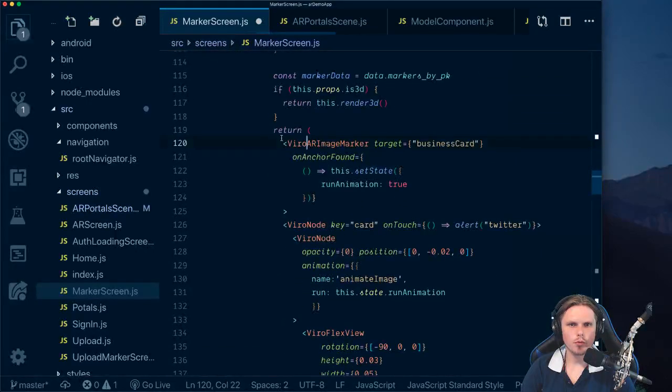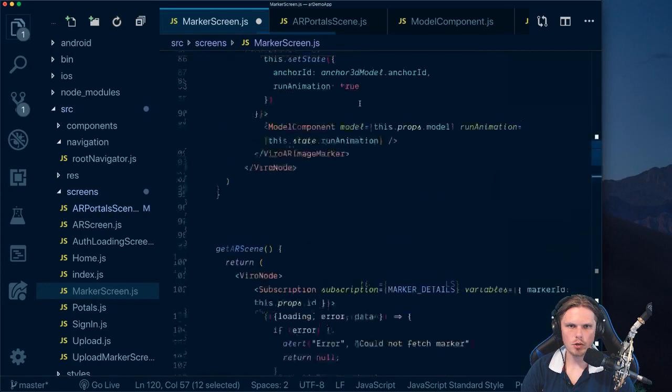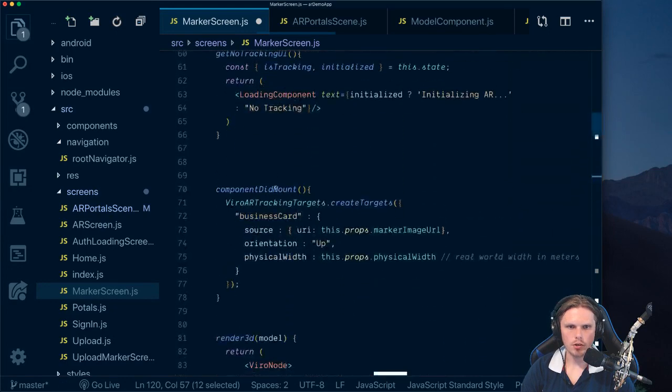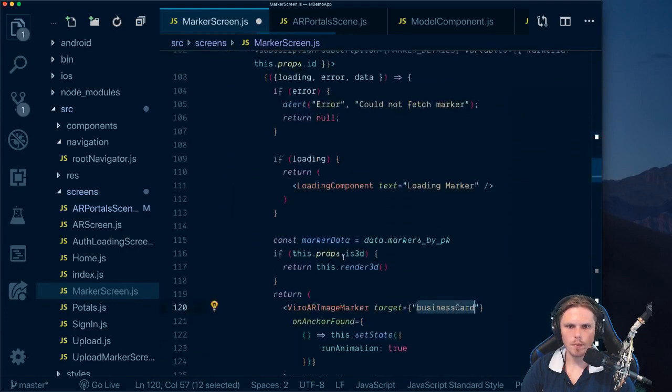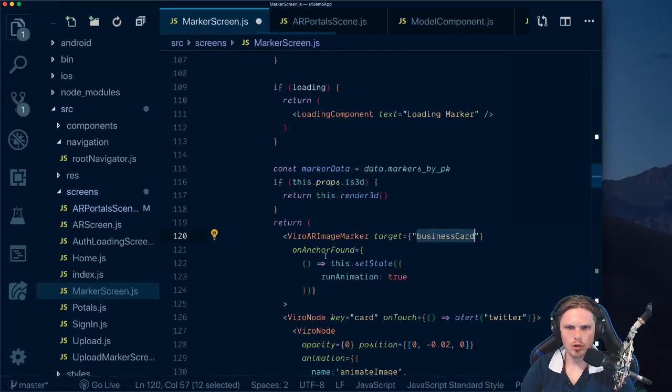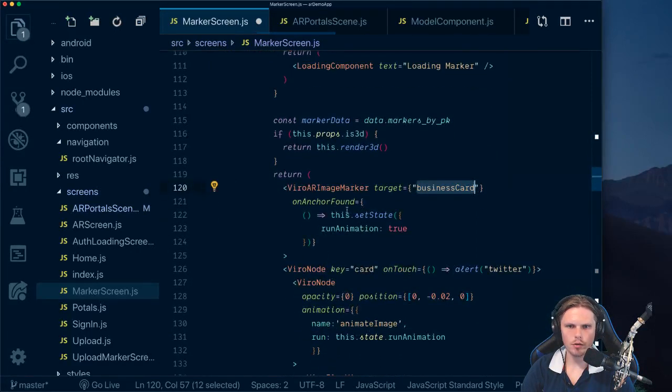Now we have AR image marker, which is the one that contributes to our marker finding. And we pass a target. This target will be a string. This string is defined here when you create these targets. That's why it's important to create this on component mount. Now, when it's created, we have this anchor found. If it's found, then we set state to run animation true,